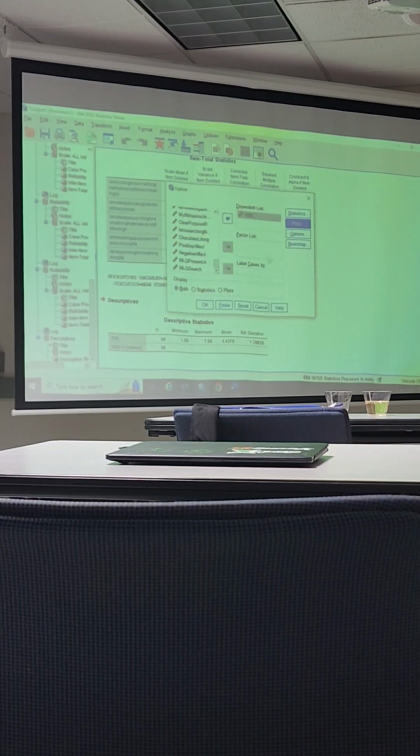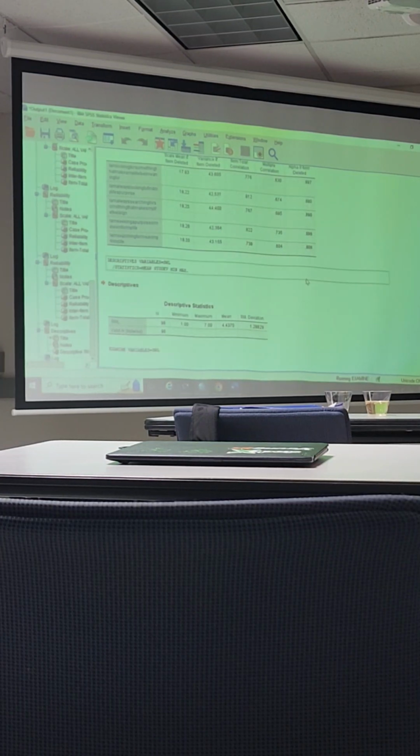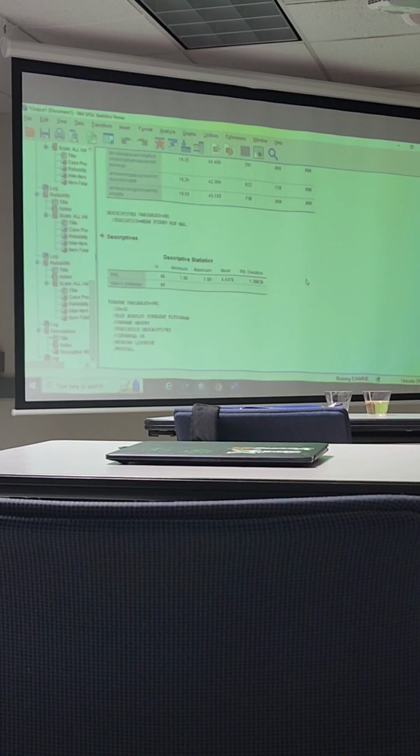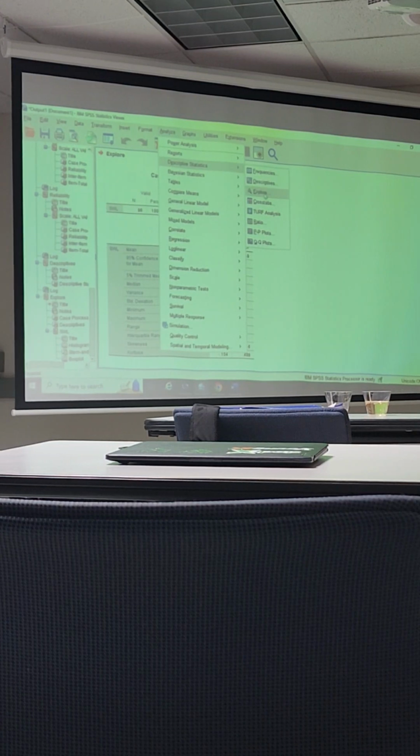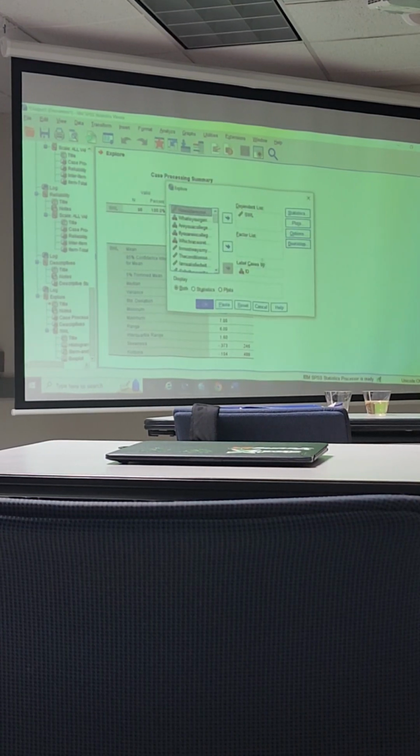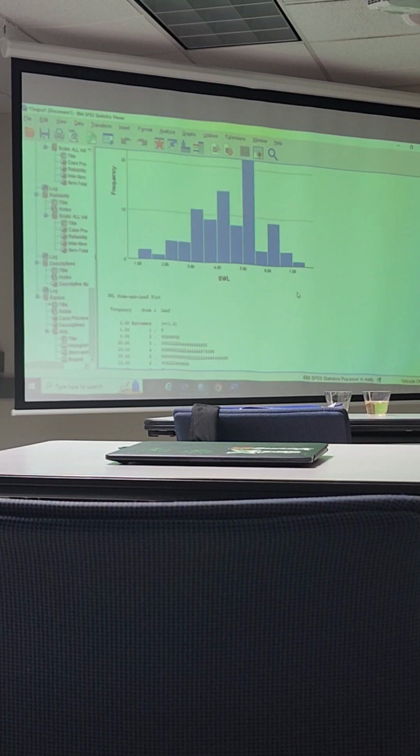click continue, right? And you see where it says label cases by? This is where it's really nice. If you have that ID number, you can look at outliers here. If you label the cases by ID, it'll show you the ID numbers of the people who are odd, right? All right, and then I can click OK. And then it's gonna give me,